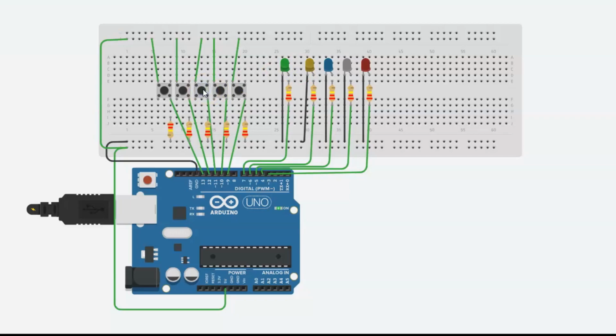And if we use multiple buttons, then we have to press the buttons 2-3 times so that a high signal can be passed to that button. This is the property of the button only. And now I am pressing button 4. You can see all the 4 LEDs are blinking simultaneously. Now the last button, the 5th, and all the 5 LEDs are blinking simultaneously.